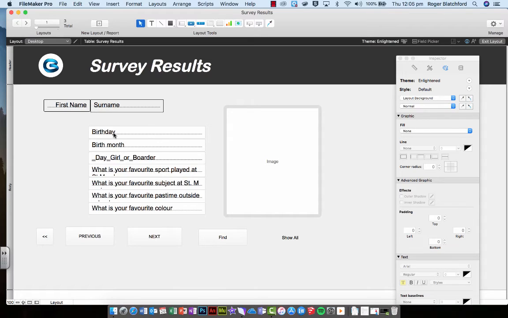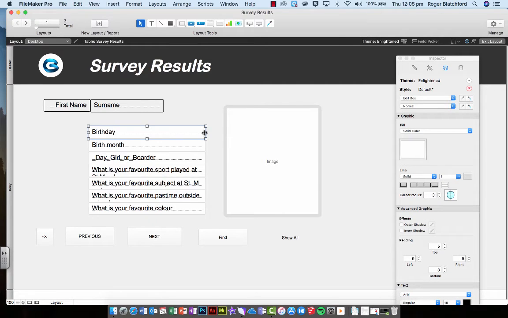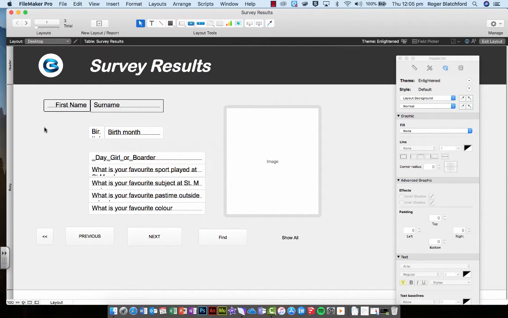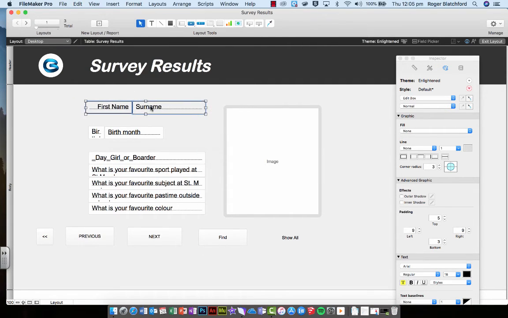Well, obviously birthday and birth month. Birthday is only 2 characters, isn't it? Because it only goes up to 30. Birth month, they can come up together. They could be made much smaller as well, the month as well. So you could put maybe something in front of these two. So let's move this across. And then we'll just put in a text box. And we'll go,